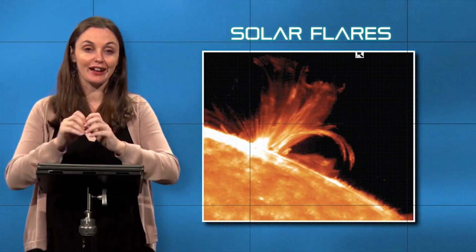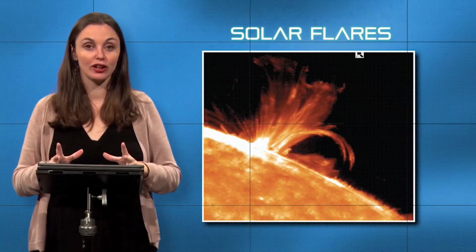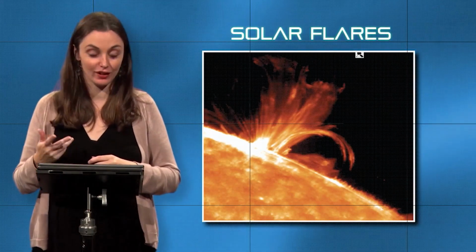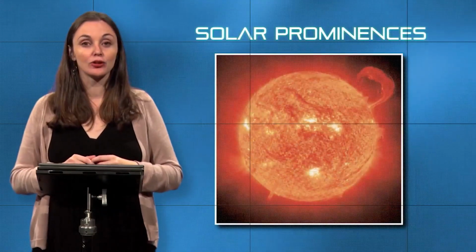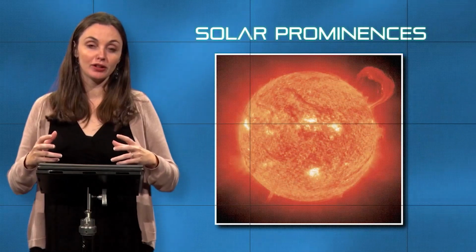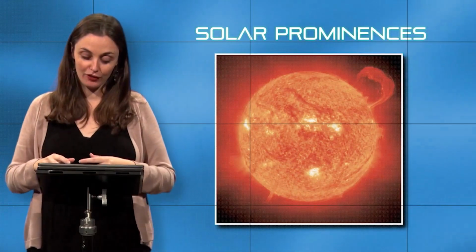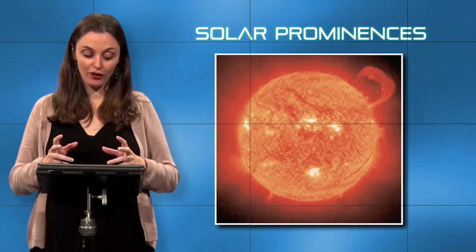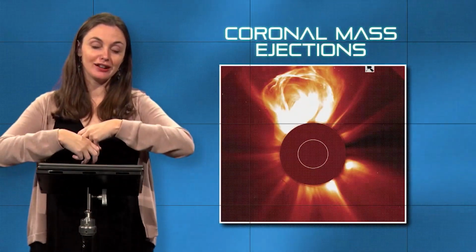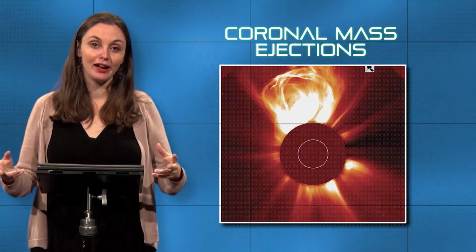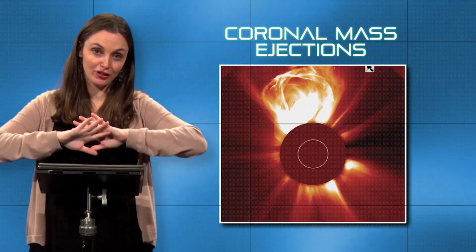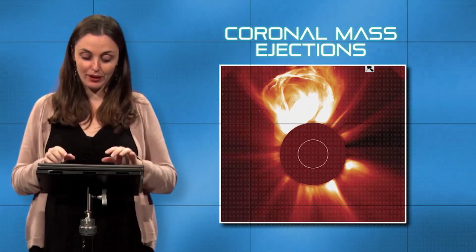Sometimes you shoot off a lot of gas all at once, and this picture is taken in UV, right? So it's a slightly bigger wavelength of light than the X-rays. The solar prominences are even bigger versions, and those solar prominences, these giant loops in the magnetic field, can sometimes give off coronal mass ejections, basically where lots and lots of matter is streamed outwards from the sun and slung off into space.